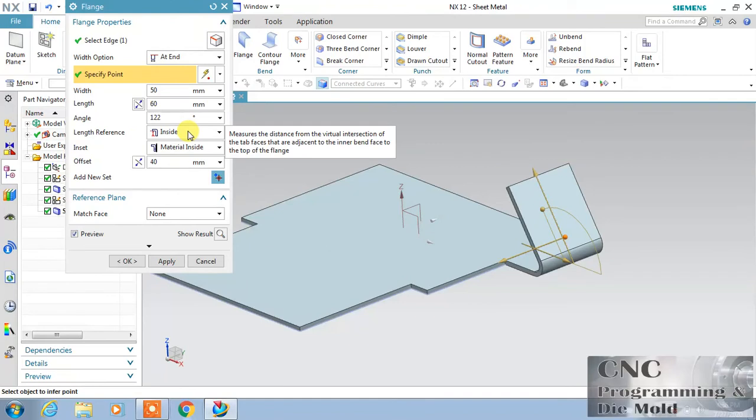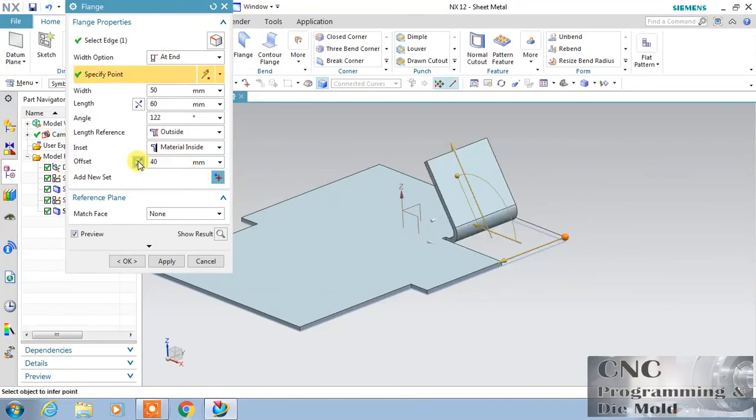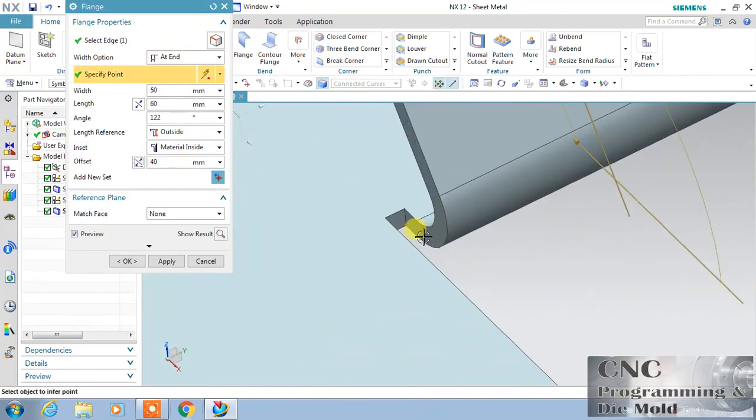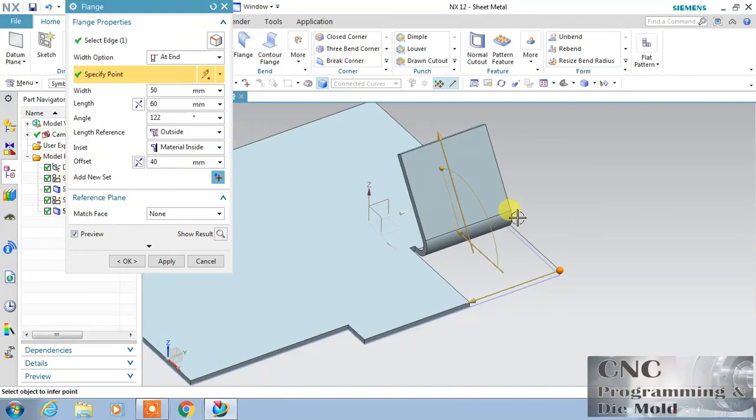This length reference means the length of this flange is without the thickness, and if you want to add the thickness, the total length will come with the thickness of the plate. And for offset inside or outside, if you take inside, the relief will come automatically as we decided in the preferences.